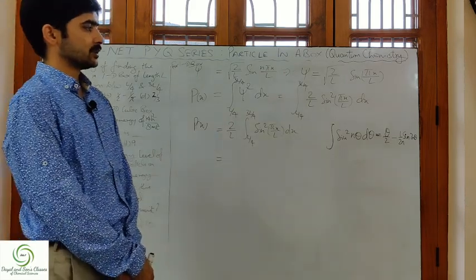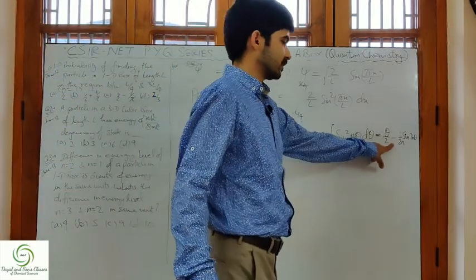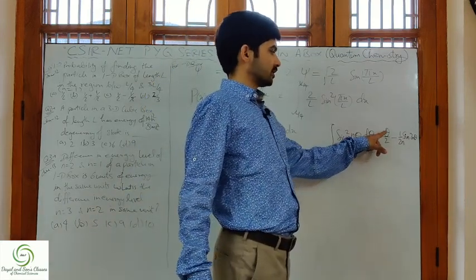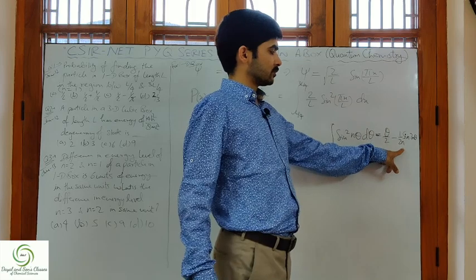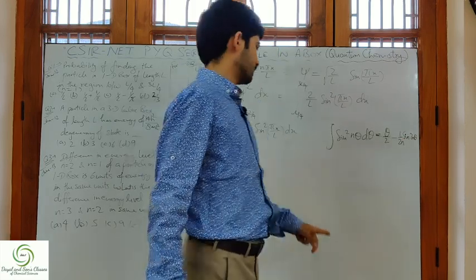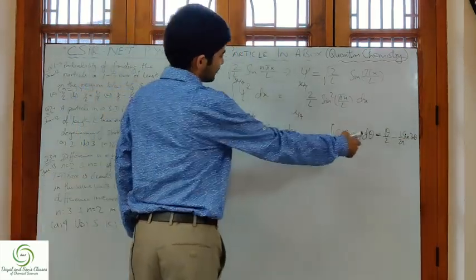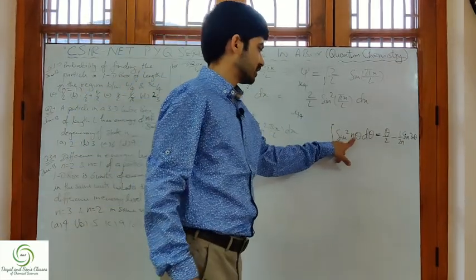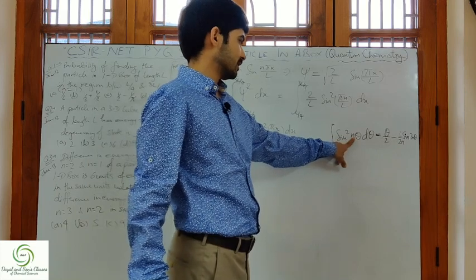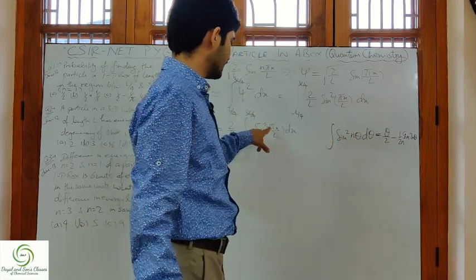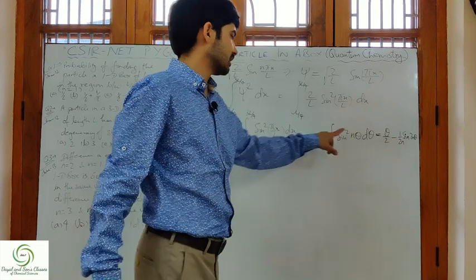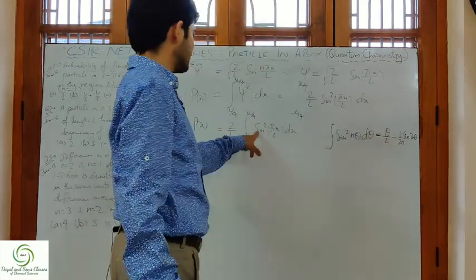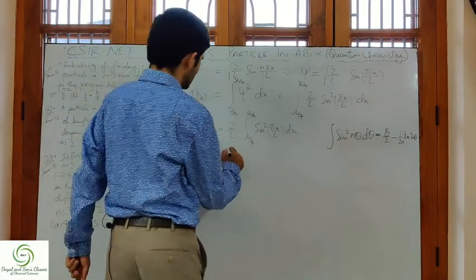I hope it is visible to you that what we have written here is the integration of sine square theta d theta, which is equal to theta by 2 minus 1 by 2n into sine of 2n theta. Now if we compare this integration, here theta will be x and n is pi by l. So if I integrate this, I will get 2 by l